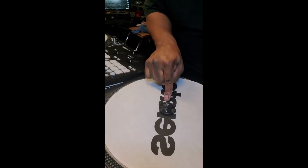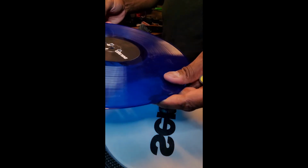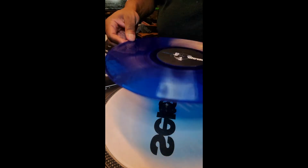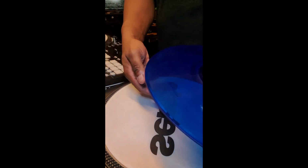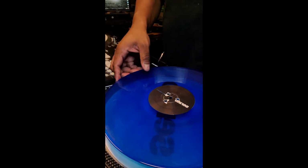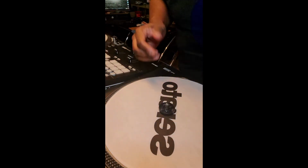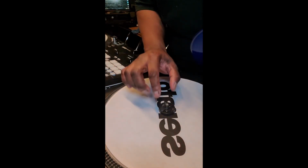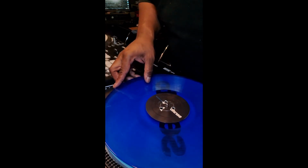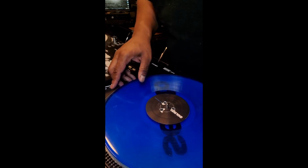Make sure it's flush. Then you're going to take the vinyl. All right? In my case, it's going to be A side up. But since we have this backwards, I'm going to lay my A side down. Once we turn it around, it'll be in the right direction. So, you want to line it up with the 3 holes. Once you have it lined up